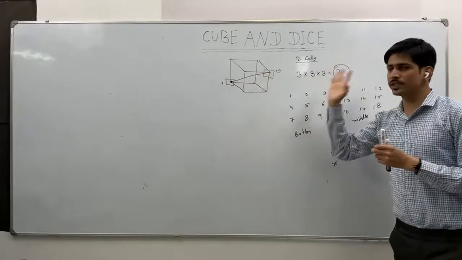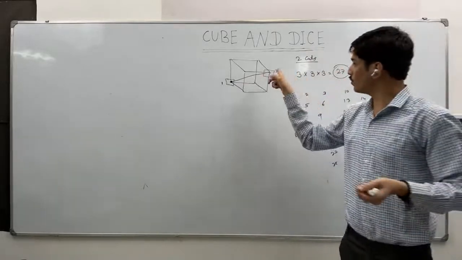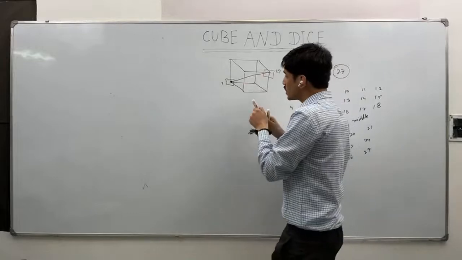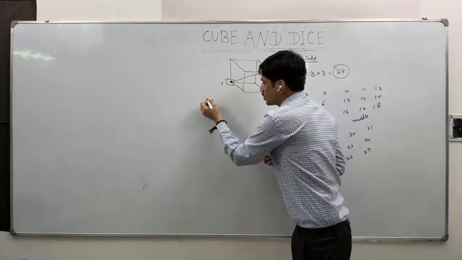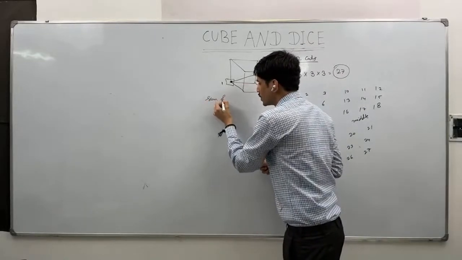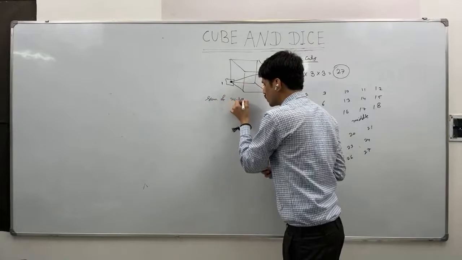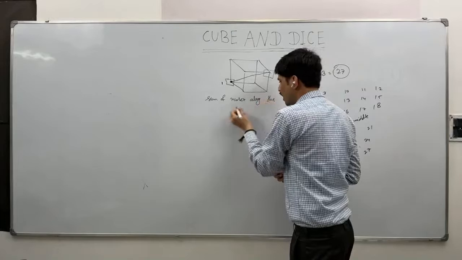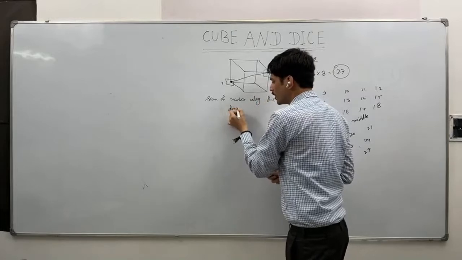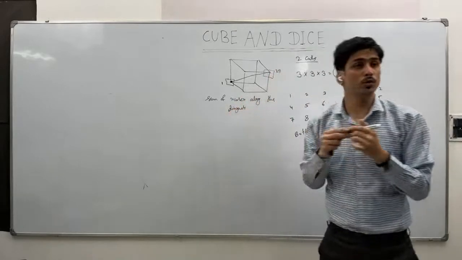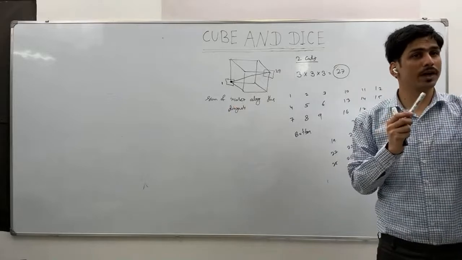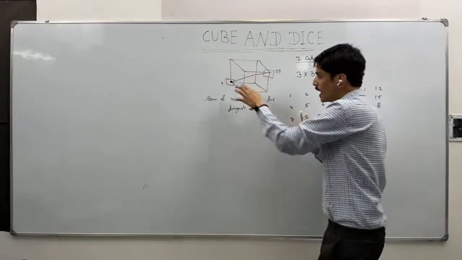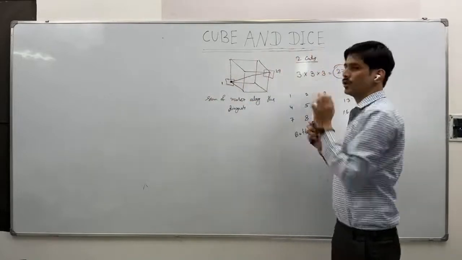Now I am giving you the basic idea, then we'll increase. Then I'll increase the number of cuts, then it will make it complicated. Now the question is, if I ask you the sum of the numbers along this diagonal, some numbers will be coming, right? It means corresponding to each cube, we have given a number, right? So if a diagonal is starting from 1 and ending at 27,